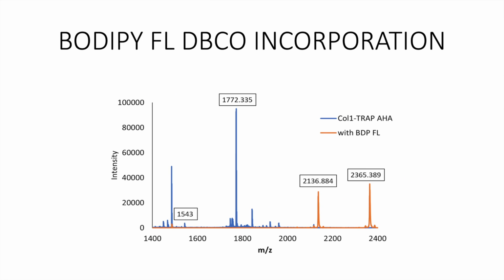Next, we conjugated a molecule called BODIPY-FL-DBCO onto our azidohomoalanine. Similarly, to verify that the conjugation was successful, we performed Q-TOF mass spectrometry. The blue spectrum represents the fragment masses before conjugation, while the orange represents those after conjugation. The molecular weight of BODIPY-FL-DBCO is approximately 592.3 Daltons. Thus, if the peak shifts about 592.3 Daltons, it implies that BODIPY was conjugated onto the azidohomoalanine,